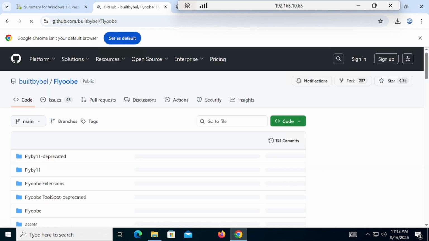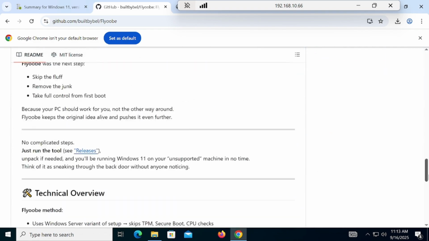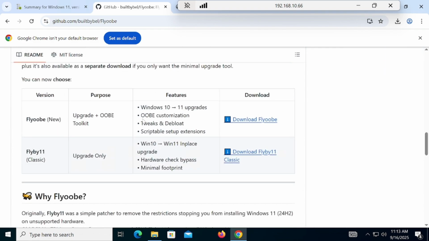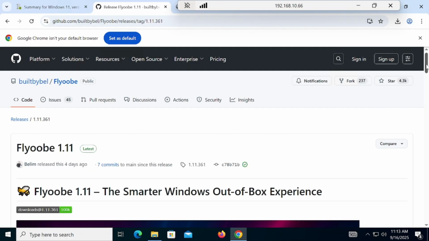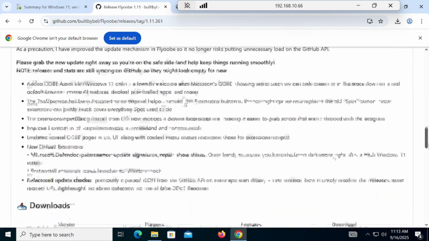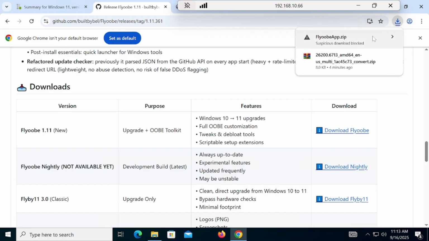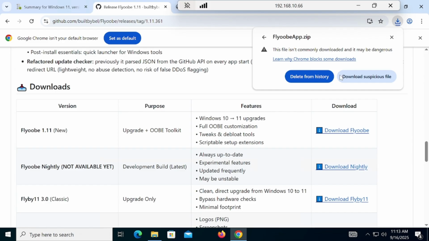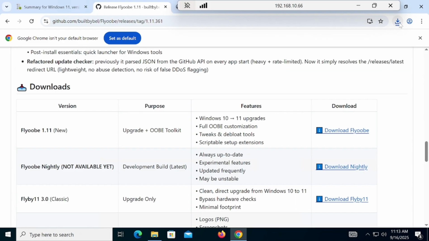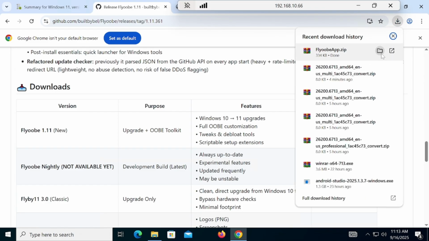Click on that, scroll down, and click here. Then it will take you to the next page. Scroll down and download this file. Click on that and this file will be downloaded. No need to worry about that, just click download the file. Once it is downloaded, click on that,